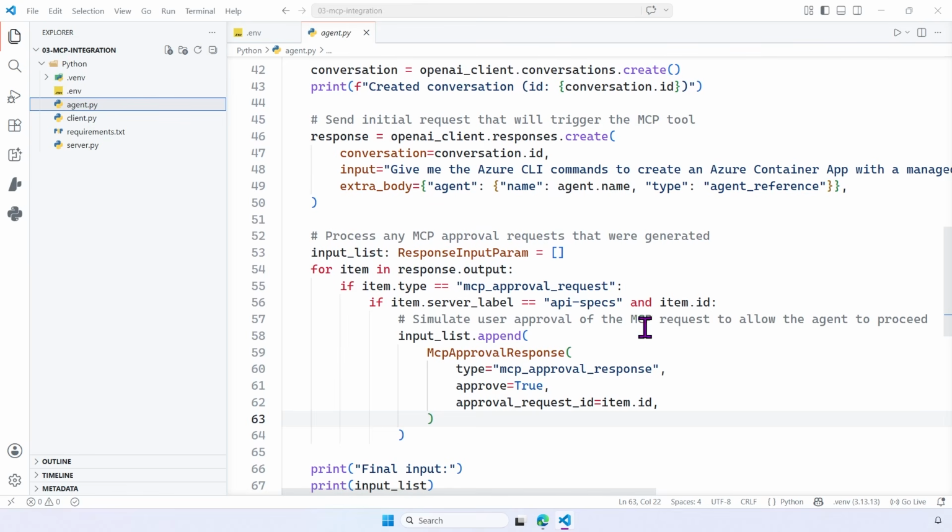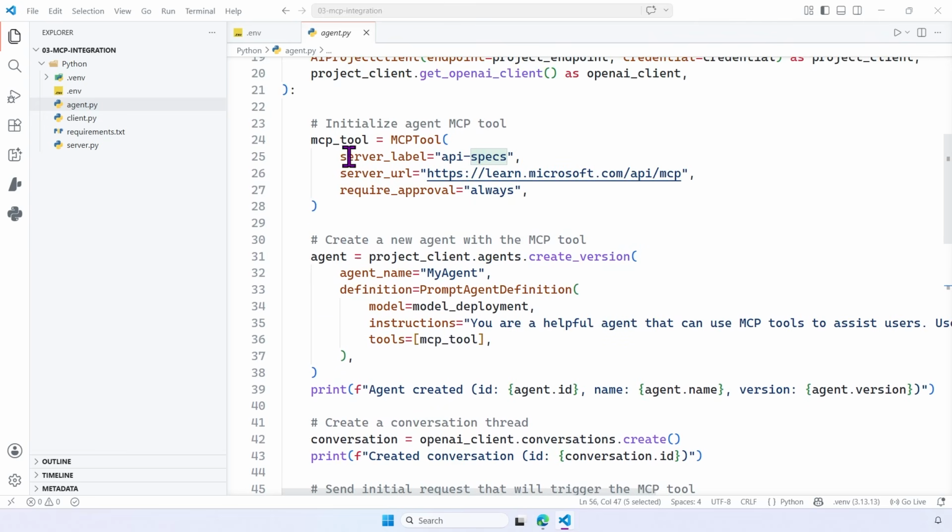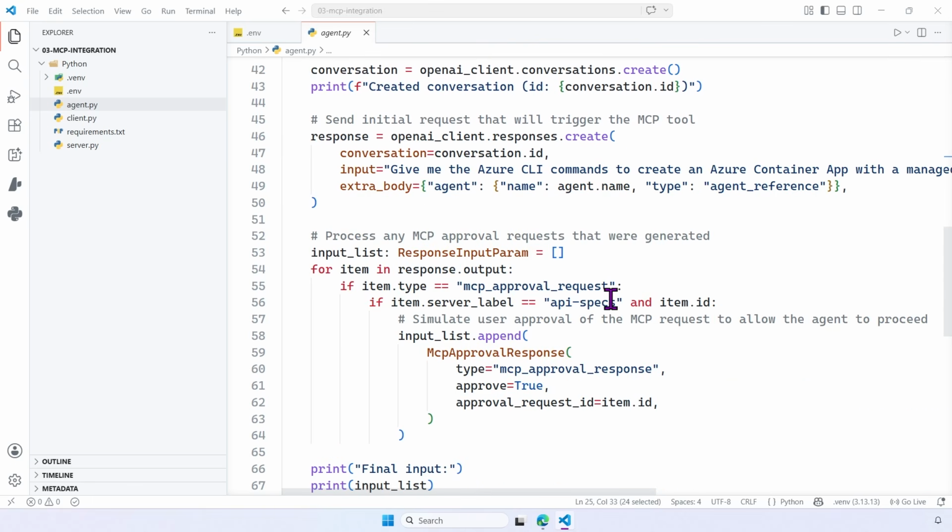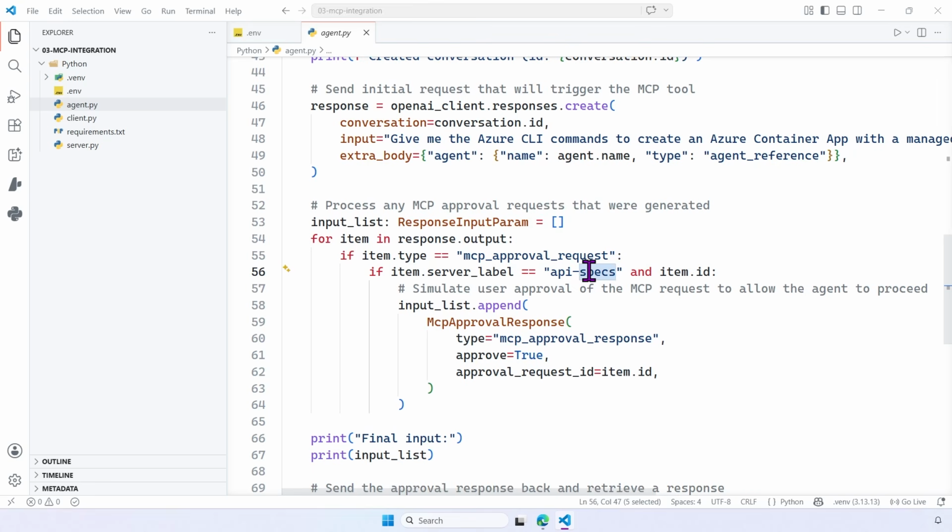If the response type is that of an MCP approval request, then in this scenario the agent has determined that we're going to call into this MCP server. We will then be asked, do we want to approve it? In our case, the name will be coming back, API specs, if you recall. Up at the top, we had labeled our MCP server API specs. It's very likely that you will have multiple tools, so we need to be able to clarify which one we're talking about. So if it is API specs, then we're going to simulate the approval process,